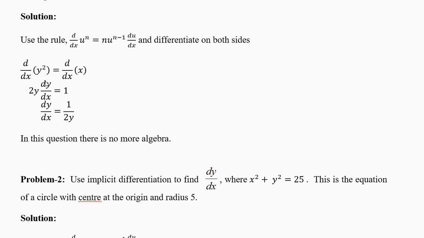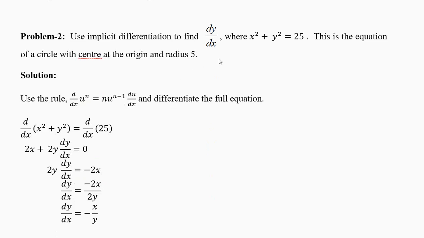Now differentiate, you'll get 2y dy by dx. 2 minus 1 is 1. Look, n u power n minus 1. So put u equal to y. You'll get 2y dy by dx equal to derivative of x, which is 1. Now keep dy dx on the left and bring 2y this side. Divide by 2y on both sides. You'll get 1 by 2y. And just stop there. Don't think anything else about this function after that.